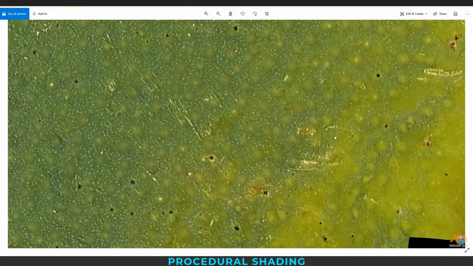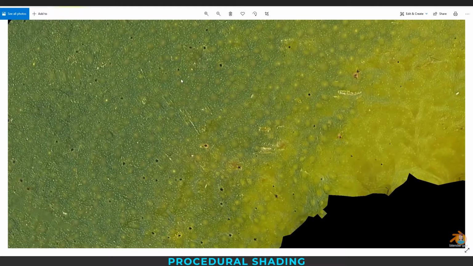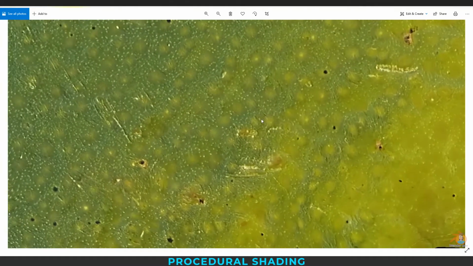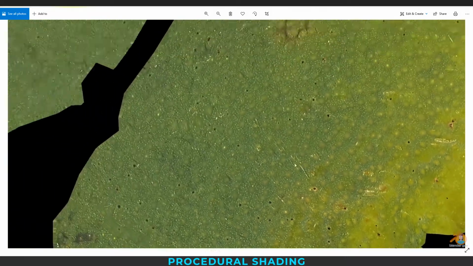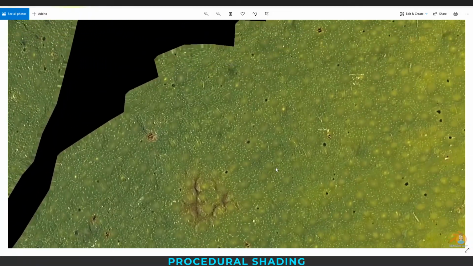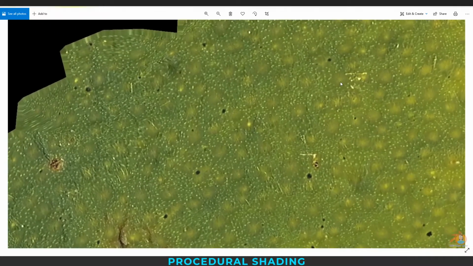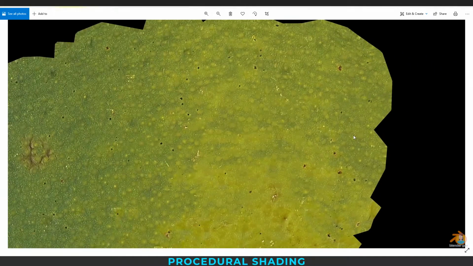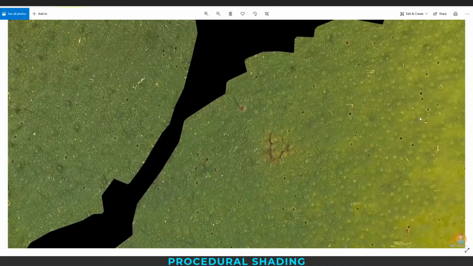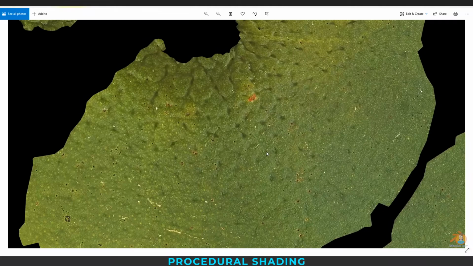It will be our good reference. So we can see the color blending and the white dots and also the big dots here, and white scratches here and there. Also a little bit of black dots here and there. All these things we are going to do now.